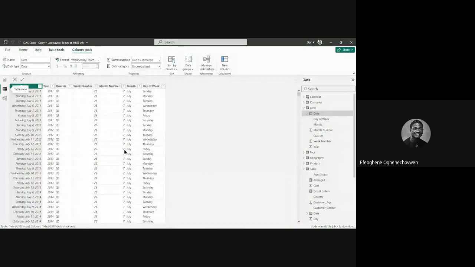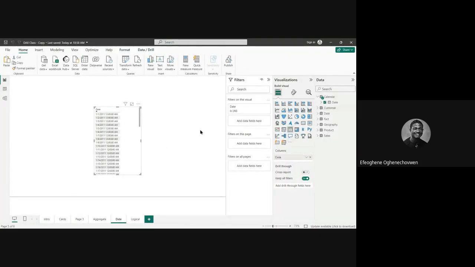So moving forward, I said the calendar gives us the date. Remember the explanation it gave is that for the calendar auto, it goes to your model to look for the date column there, and then it picks the least date and the maximum date. So we come over here to